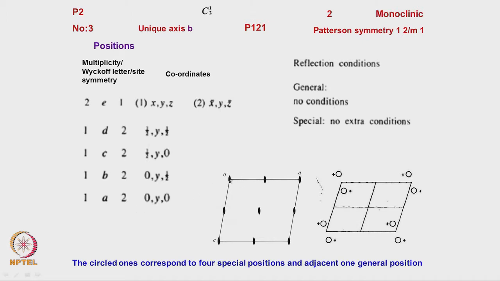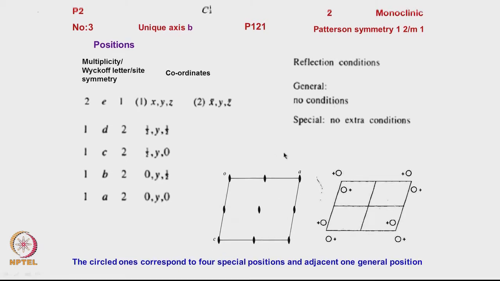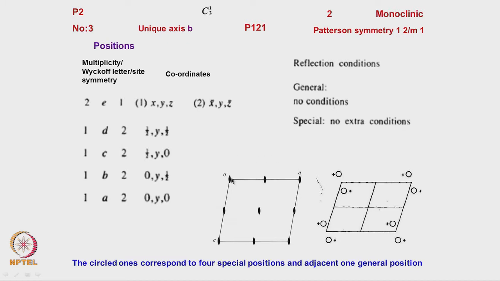At this point, if we consider what symmetry it has, a 2-fold rotation, correct? Is it not? So if we keep any atom at this point, then by translation atoms will be generated here, here, here, and the unit cell will be complete in itself. But since the origin is never fixed, the atom need not be kept at the origin; it can be kept anywhere on this y axis.